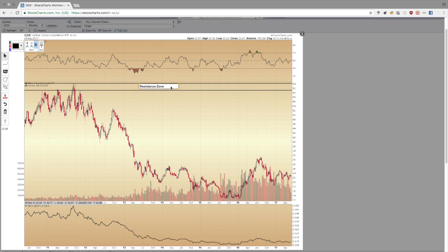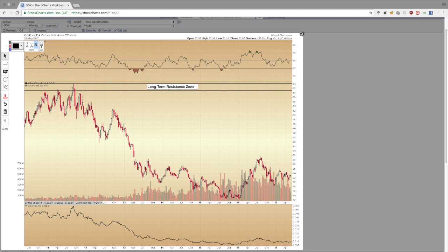Okay, so this is, and I want to be a little bit more specific here. We will call this long-term resistance zone because we're talking about something that goes back many years, and this was the previous all-time high in the gold and silver mining sector. And I want to make that a little bit bigger so we emphasize it. Okay, so we're talking about a really important resistance zone here up around this 60 to 64 level.